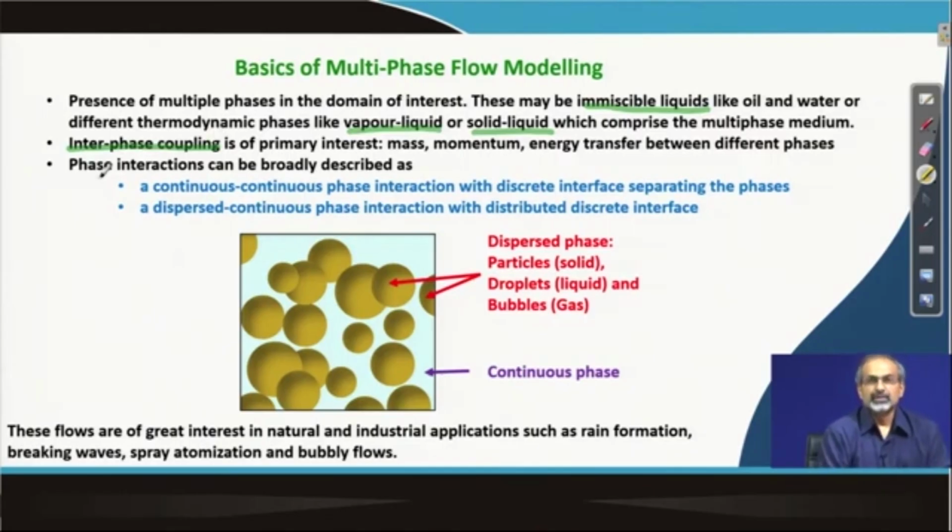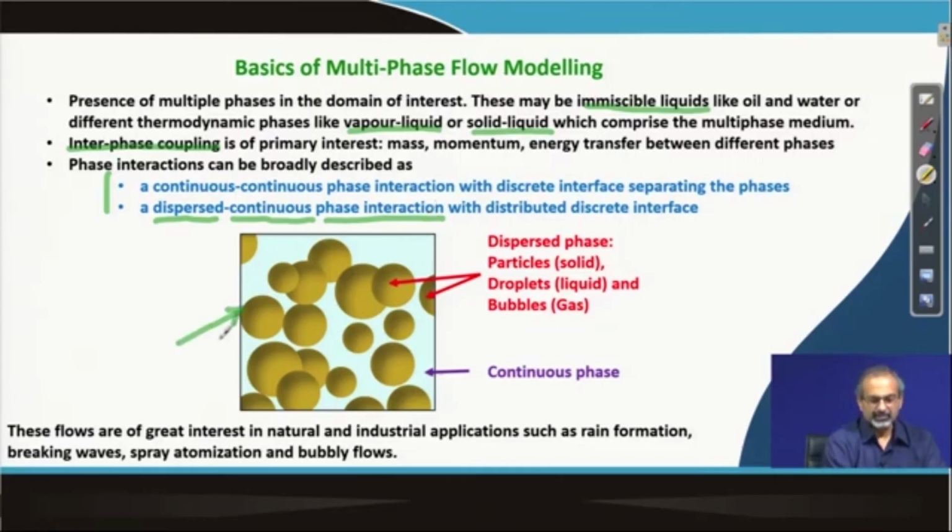Now, how do the phases interact? There could be possibilities of continuous phase interaction, in which case you will have a discrete interface separating the phases, and very often this could be a single surface without any kind of breaks or discontinuities. And if you have one of the phases in a dispersed manner within another phase which is essentially continuous, then you have the case of dispersed continuous phase interaction, where